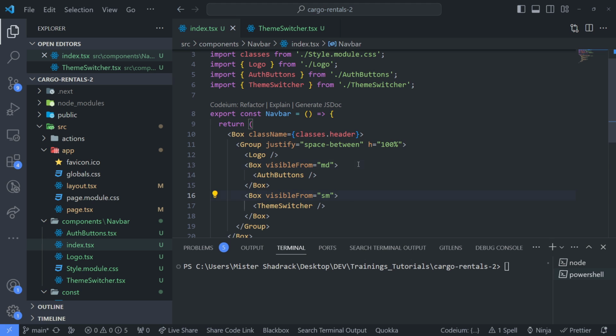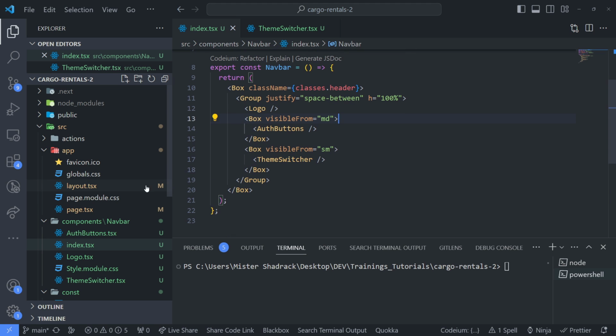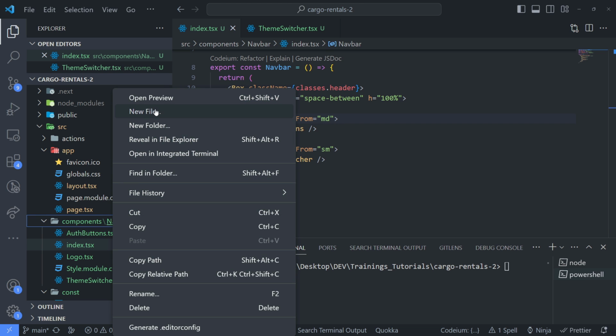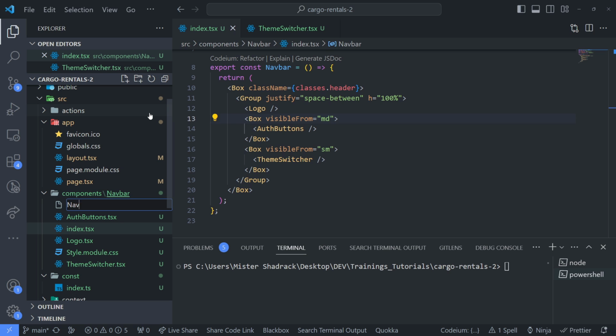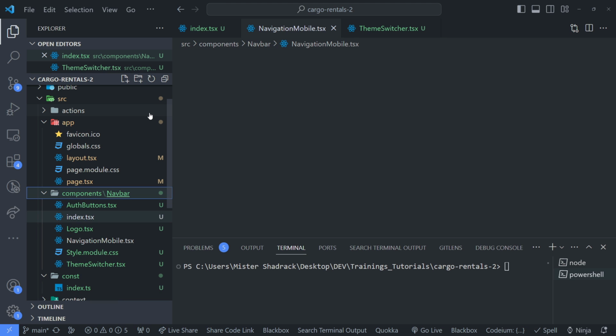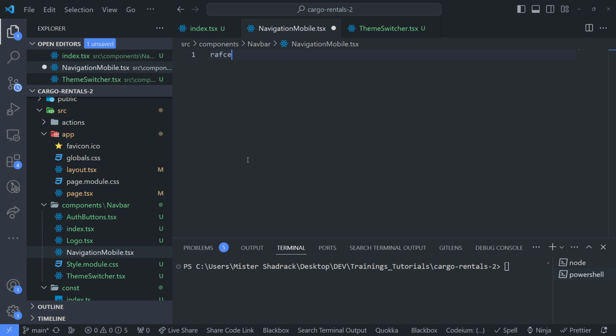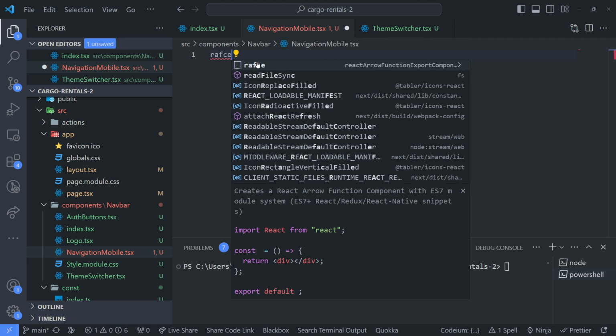So with that, I am going to create a component for the drawer, and I'm going to call it navigation mobile, because it's more like that is what it's going to show, the navigation that's going to show when we are in a mobile kind of view. So new file, navigationMobile.tsx. I'm going to do this refc,